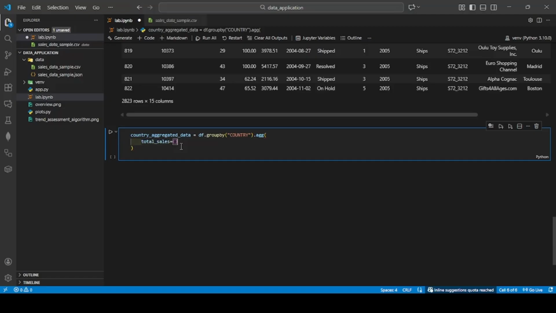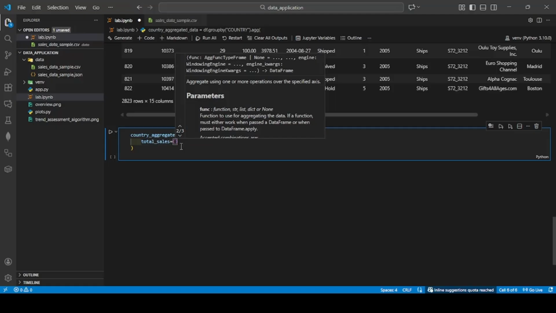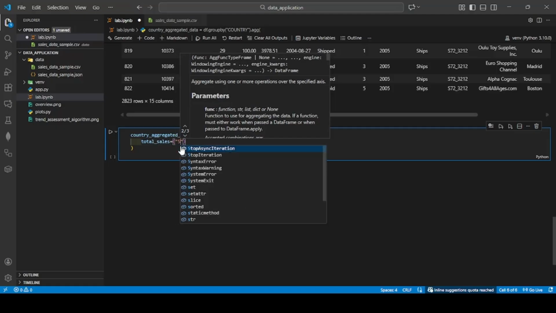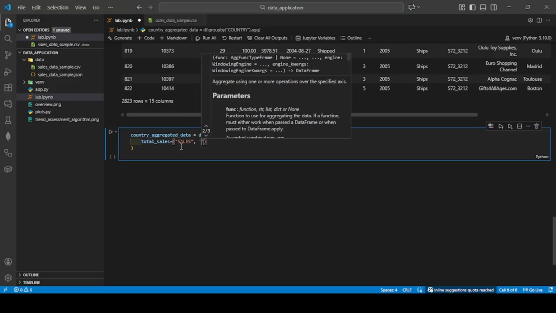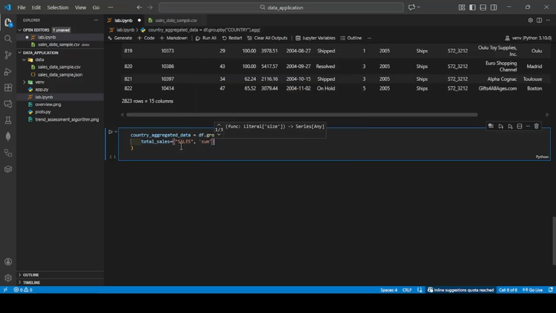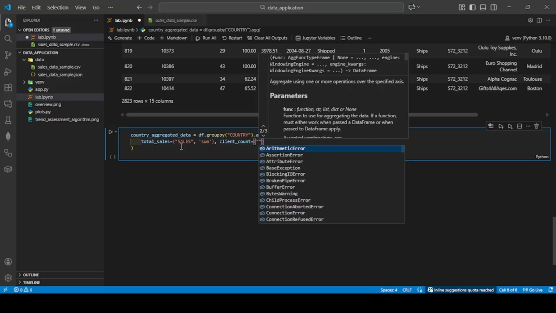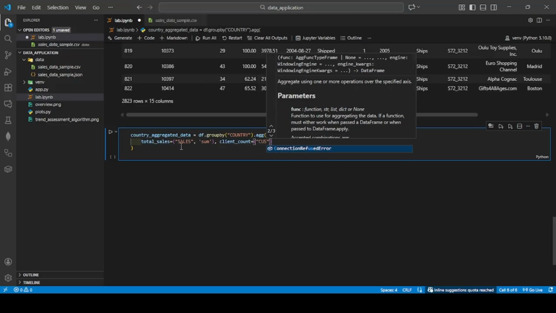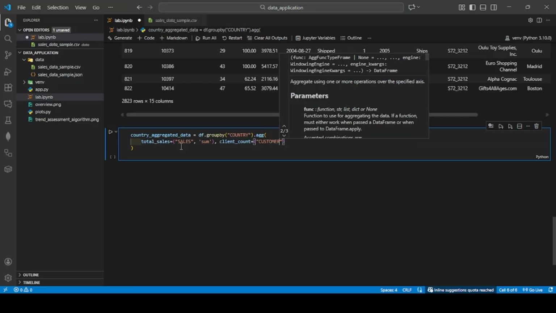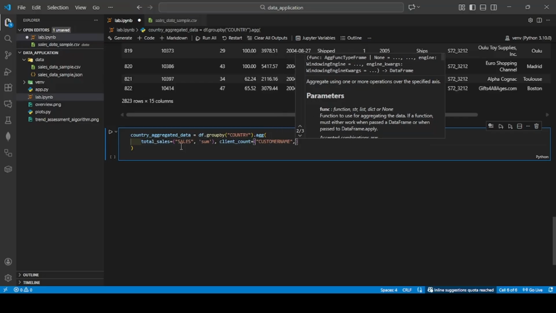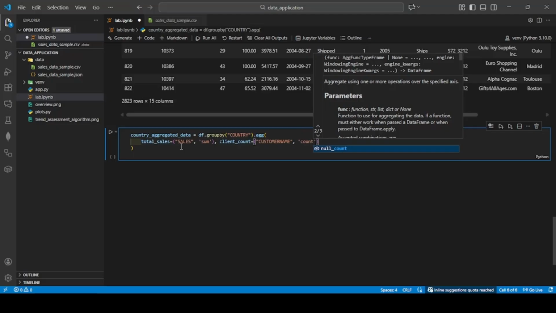It will be created by gathering all the sales using the sum function. Another column will be created. It's called client counts. We are going to count the number of clients in each country. So customer name, we are going to use the count function here,